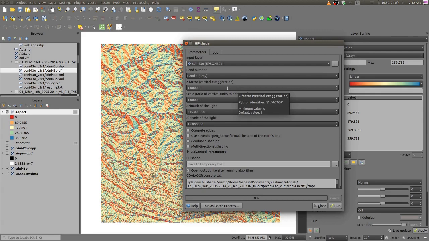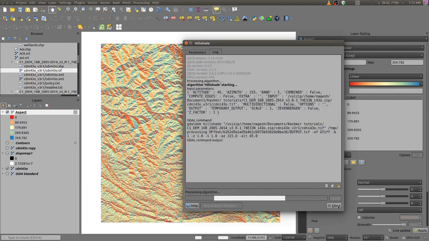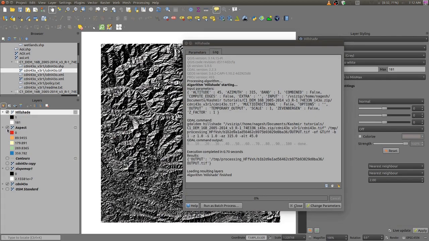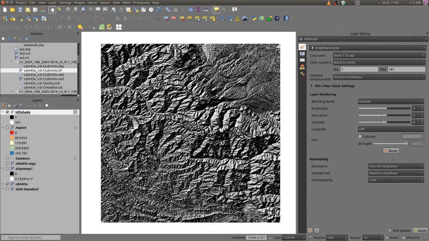Since our area is already a hilly area, we can keep the factor as 1, and other things we will keep as they are, and run the hillshade algorithm. So this is the result of the hillshade algorithm. Here also we can give a color, or we can keep it as black and white.